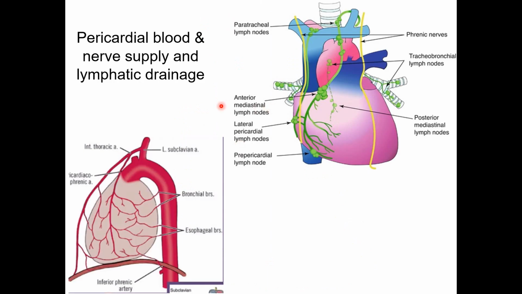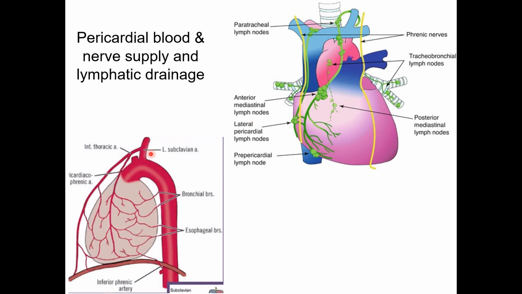Just like the pleura, the blood and nerve supply of the pericardium depends on which layer we are talking about. The visceral pericardium receives its blood and nerve supply from the heart itself. هو قلنا نعتبره جزء من الهارت. ما علينا بيه، بناخذ البلد والنيرف سبلاي مع الهارت هو نفسه مع الفيسرال pericardium. Parietal pericardium and fibrous layer or fibrous pericardium depend on other vessels.